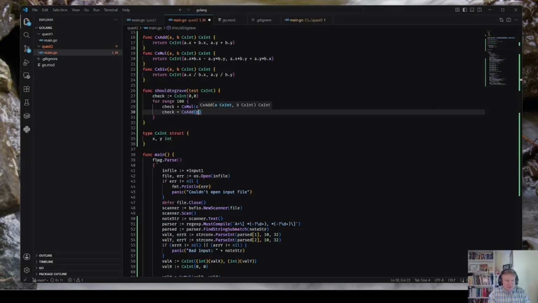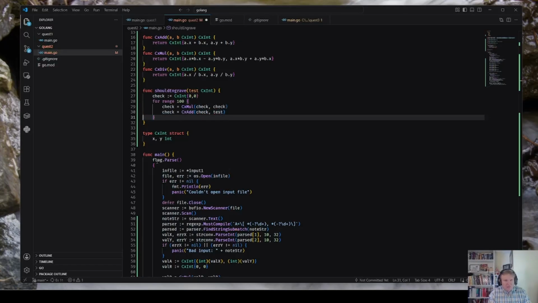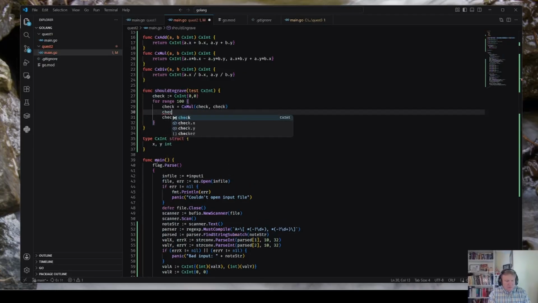Cx add check test, and in between here we do check cx div